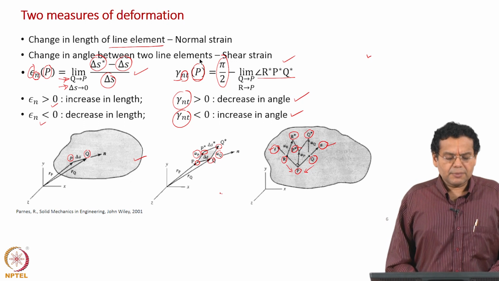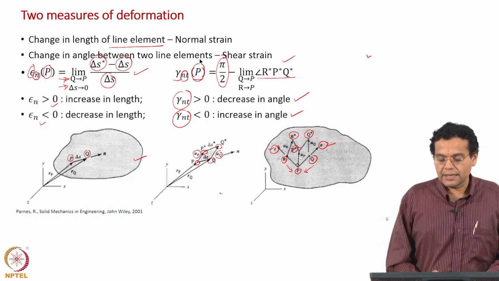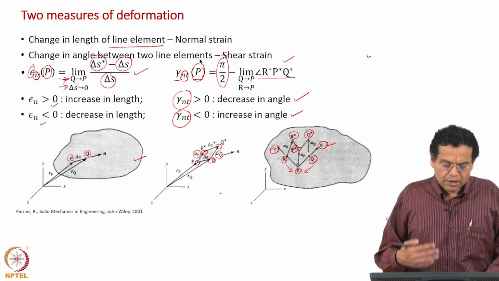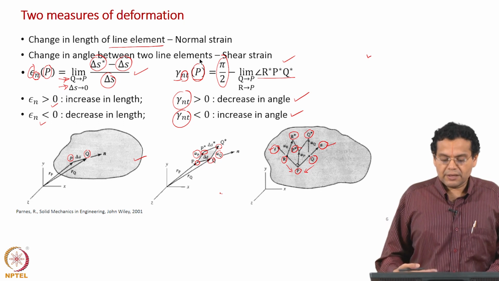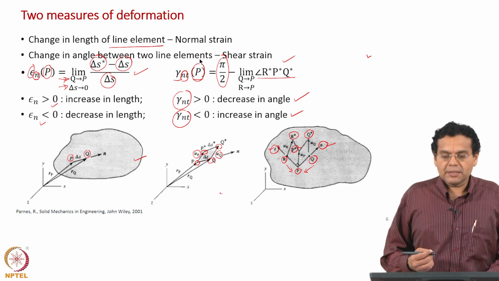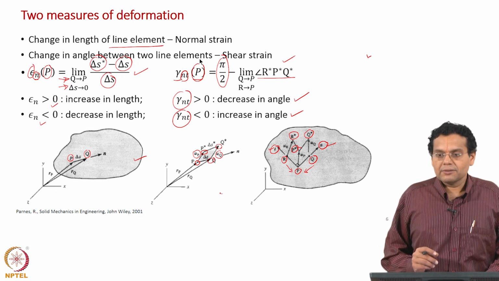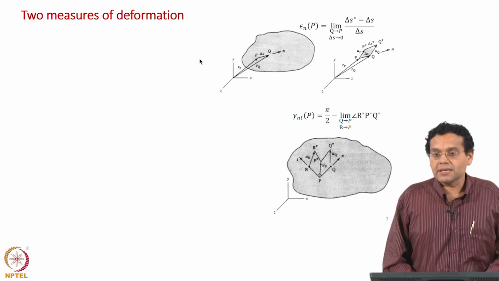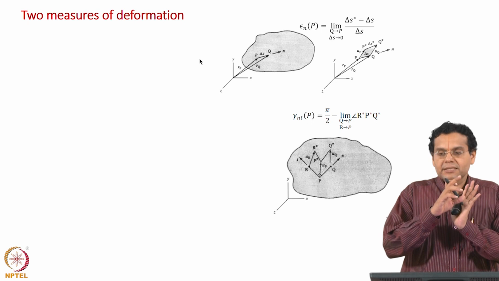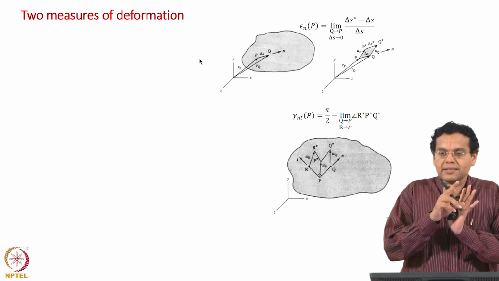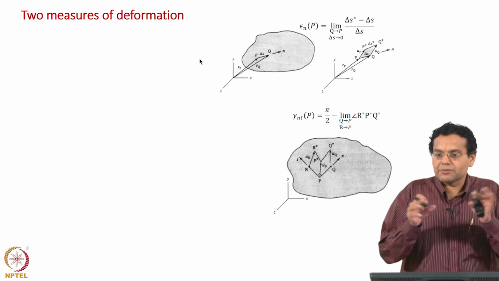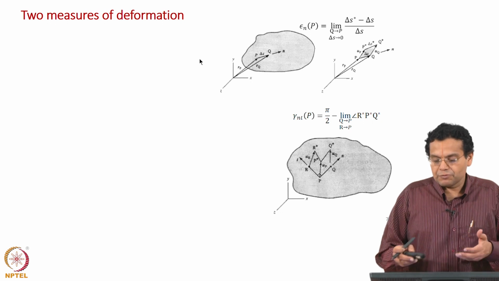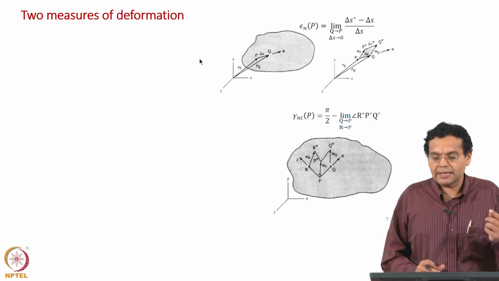Now we have defined this normal strain along line element which is along n, and shear strain for two line elements along n and t. But what we are going to use in our discussion is only line elements along our coordinate axis, okay, and that is what we are going to see now. What is the analogy in terms of stress discussion? Remember, we said any plane, and then we had a stress vector resolved along the particular axis. Then we said we are going to resolve along x y z axis, then we took planes which are parallel to our coordinate planes. Similarly, here we have a very general definition, so we took n, nt etc.